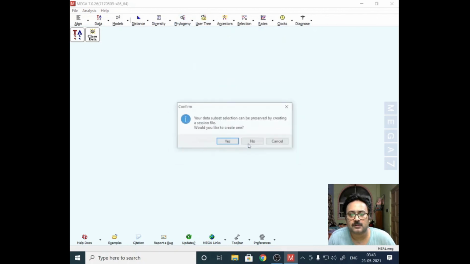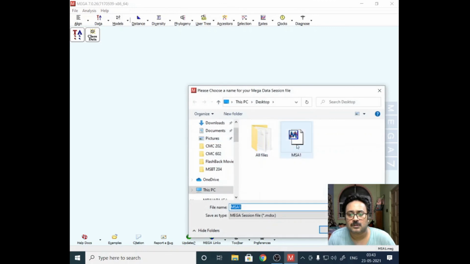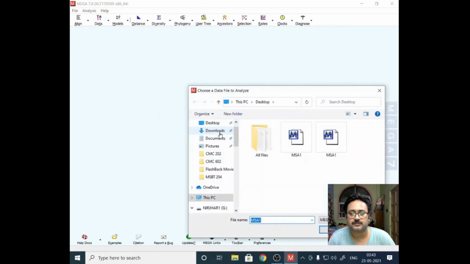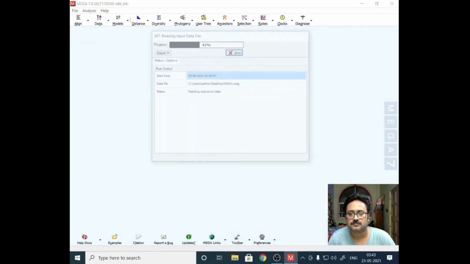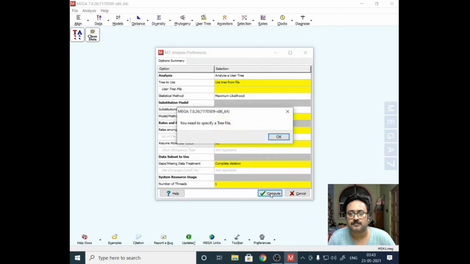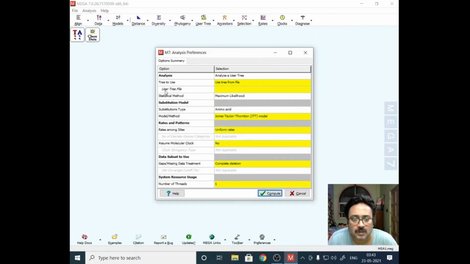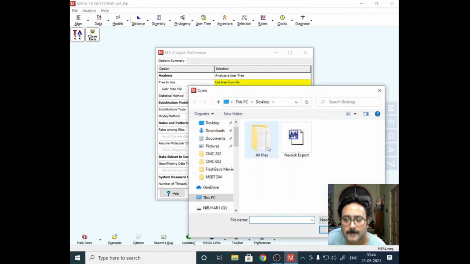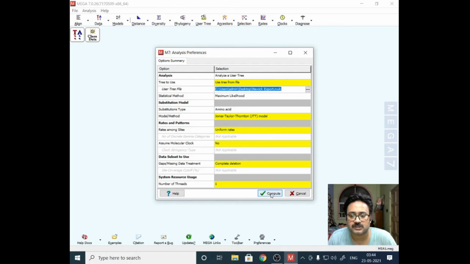Okay, so this is the file. Save. So the tree file, I need to show them. This is the tree file, the Newick export that we had done.